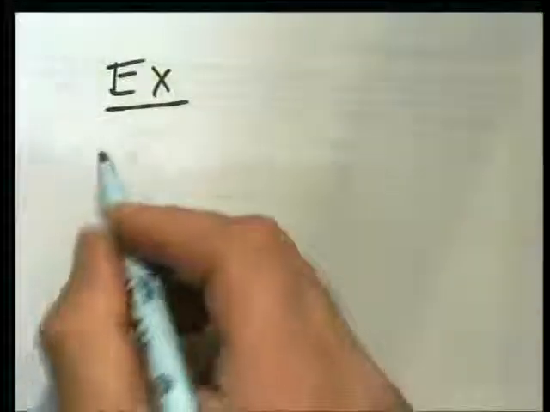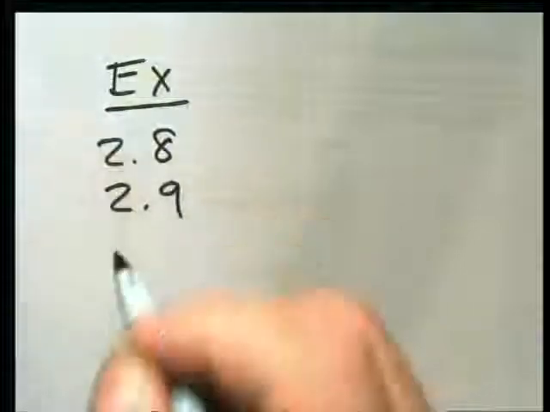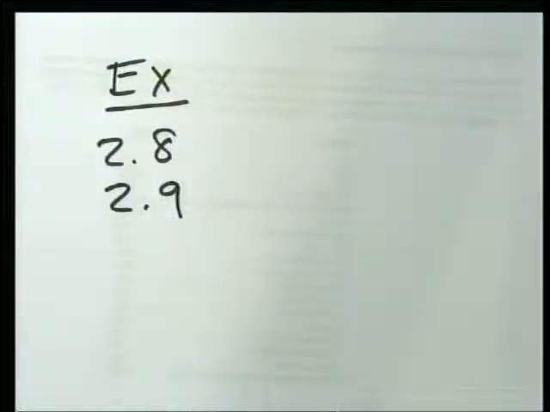I want you to do exercise 2.8 and 2.9, but I got to give you some special instructions here, okay? The book is going to say to analyze those transactions and only do JEs for the transactions that create expense in 2.8 or create revenue in 2.9. So they're saying don't make journal entries for everything, just for the ones that either create revenue or create expense. No, I want you